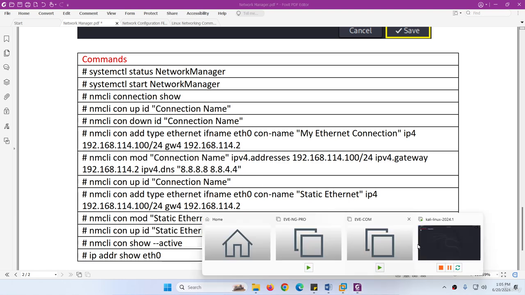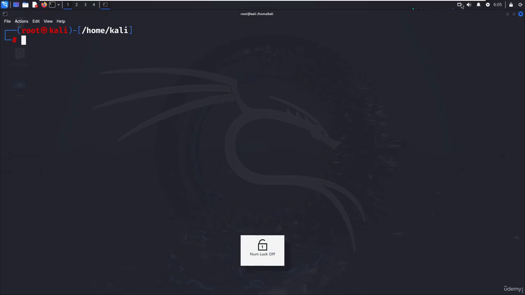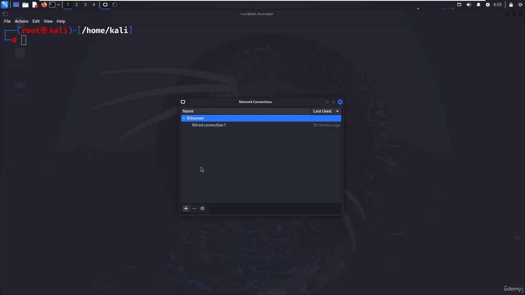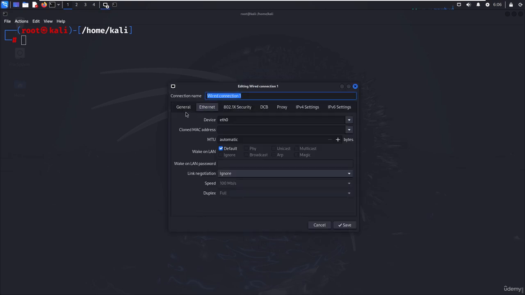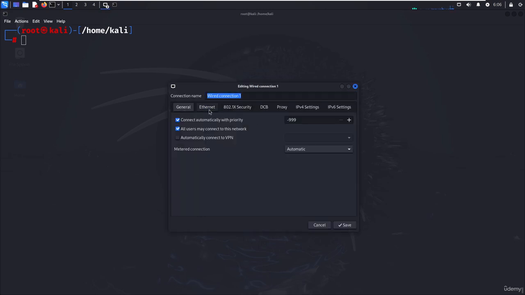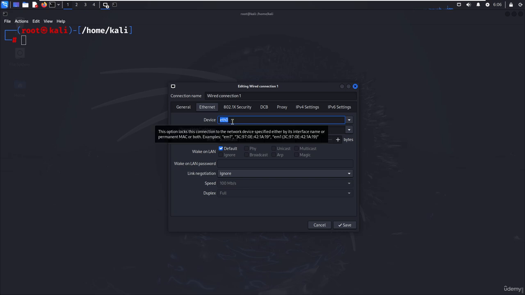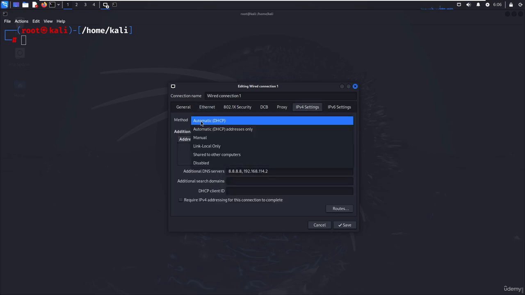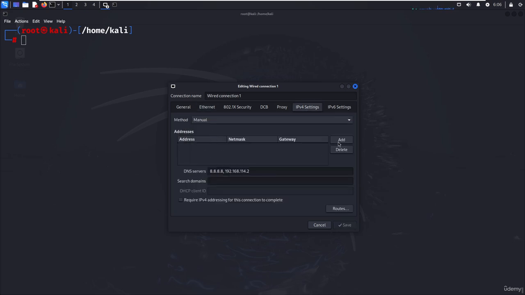So let me go to our Kali Linux, and here on the top you will find the network icon. Right click here, go to Edit Connections, and here you will see all the connections. Right now we have only one wired connection. Click on the gear icon, and here is the general information, the Ethernet, this is the device name, and other stuff. Let's go to the IPv4 settings, and you can change this to manual, and here you can